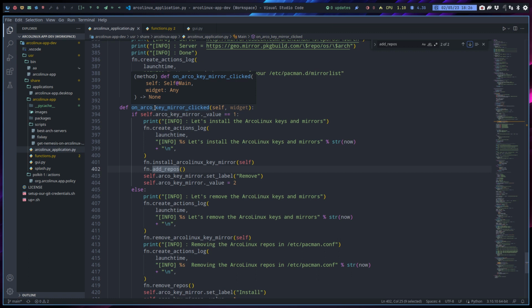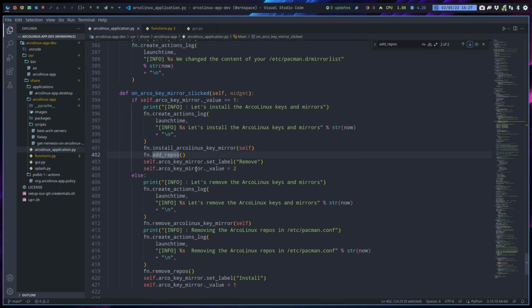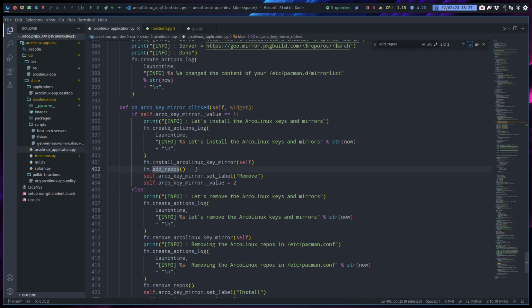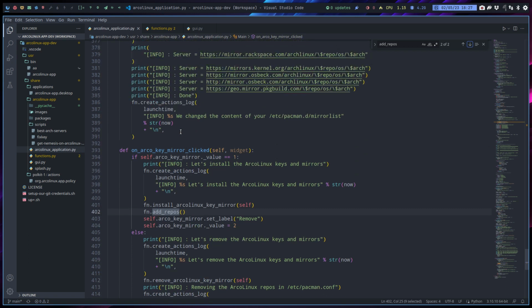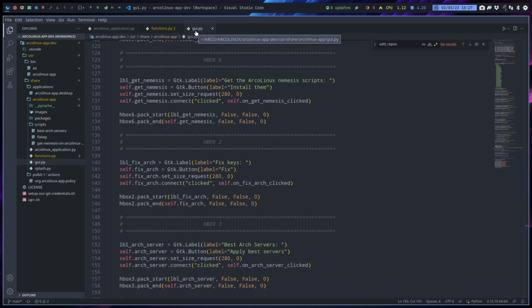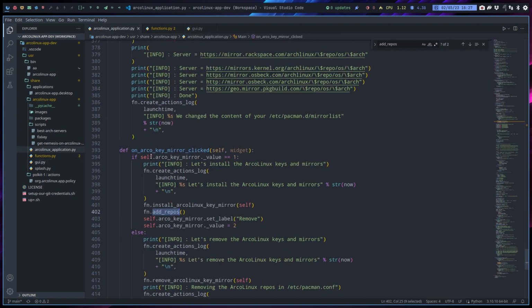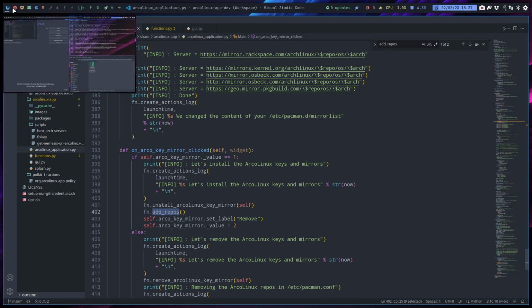If you're not on ArcoLinux, then it's gonna work. But if you are, wow, my brain is still jelly. So 56 minutes, it's enough for a video. But on the to-do list, the fn add repos needs to be checked,